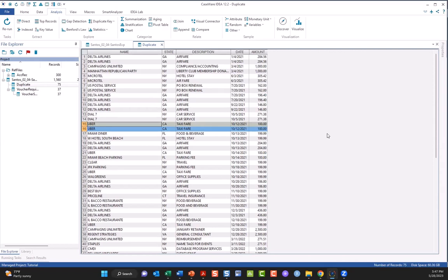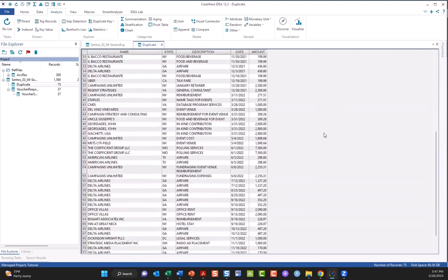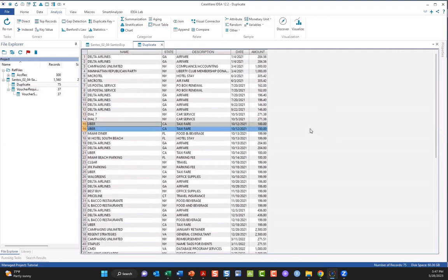I need to sort this to get a better feel for what's happening. Anybody want to suggest the sort order? Let's sort by amount descending, so we get the highest at the top. We'll go amount descending, and we have to keep the matches together, so we'll do date descending as well. So we go here,